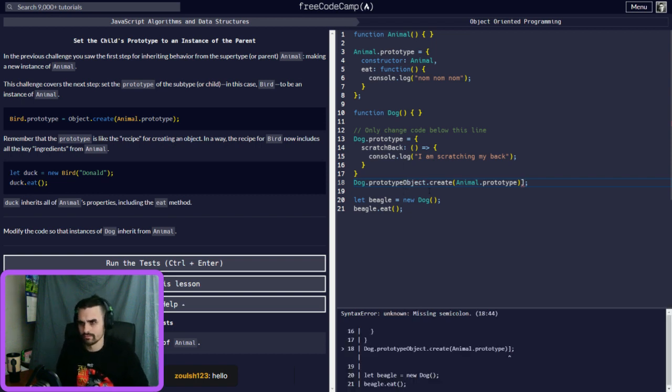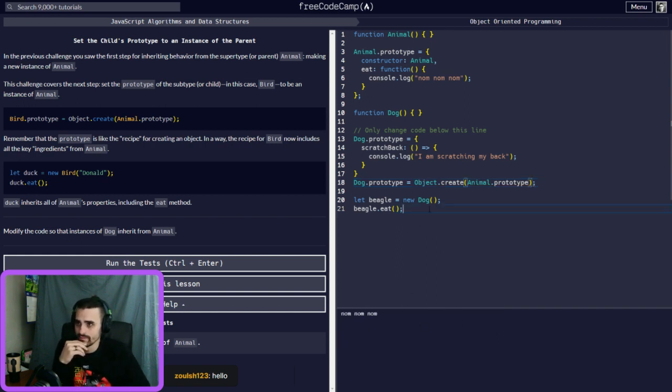Oh, because I doubt that's going to work. If we do a beagle.scratchBack, yeah, see, it's not a function because it gets overwritten by this.